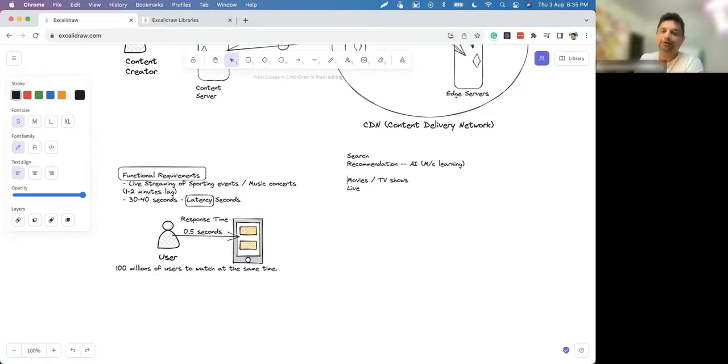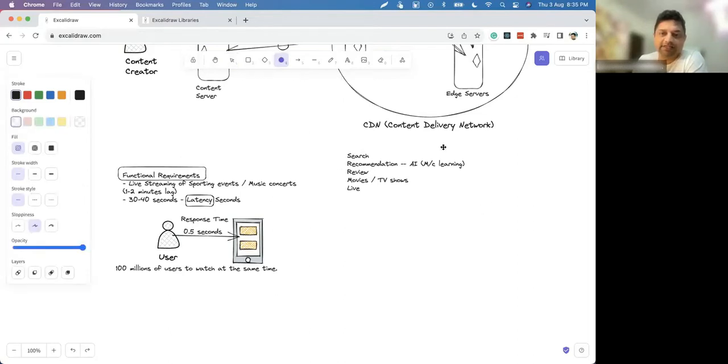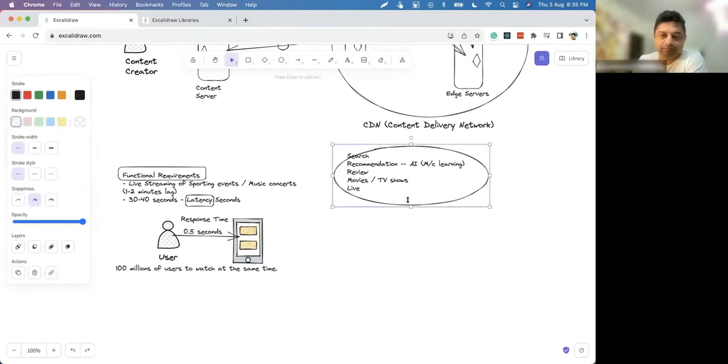And you should be able to review, right? Sometimes people can rate and review the content also. They can put their comments, and this is another feature which is offered. So these are various functional requirements for Hotstar.